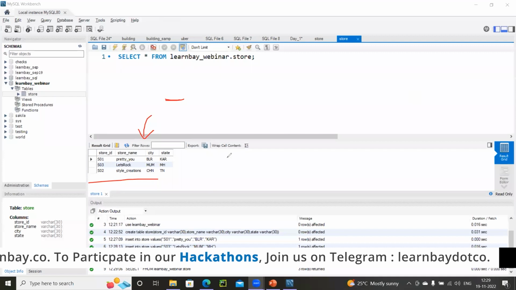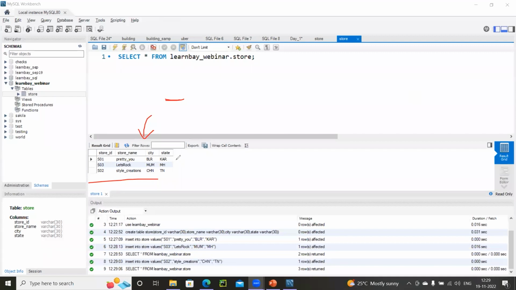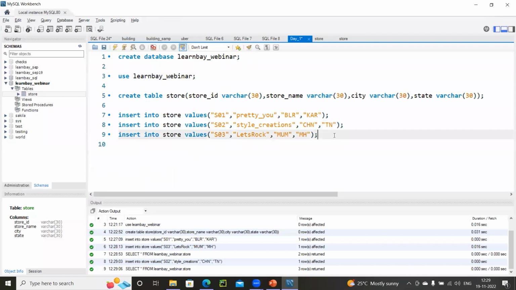Clear, guys? Are you able to see the output? So this is how I can insert values inside a table. Now, there are multiple other ways also through which you can insert records, but this is the very first way that you have to understand in order to insert, especially when you are inserting values manually.